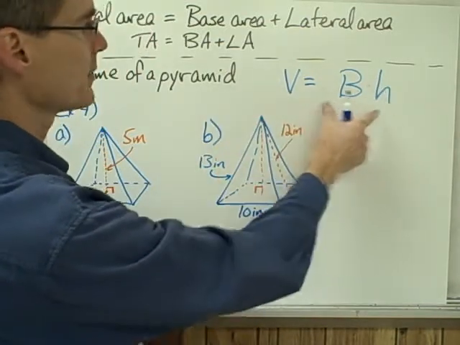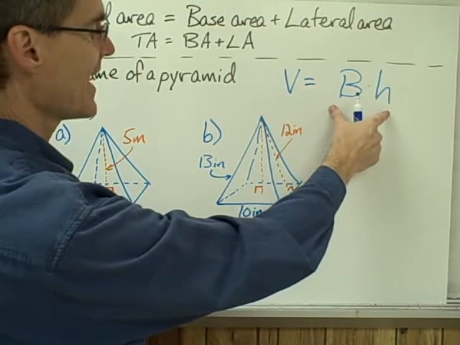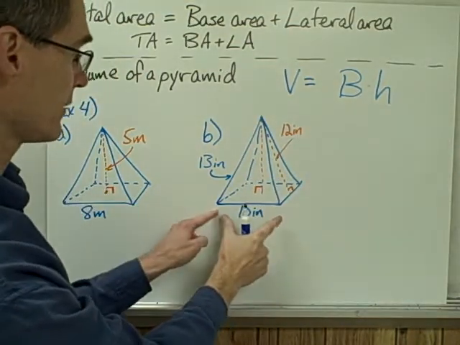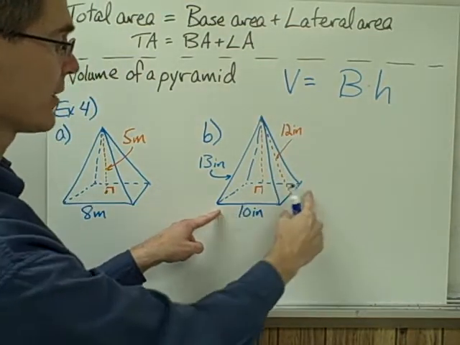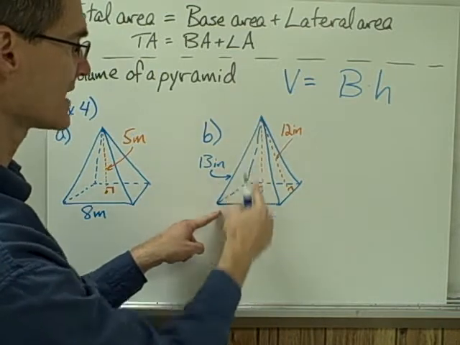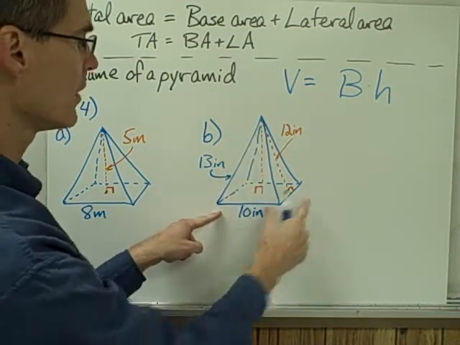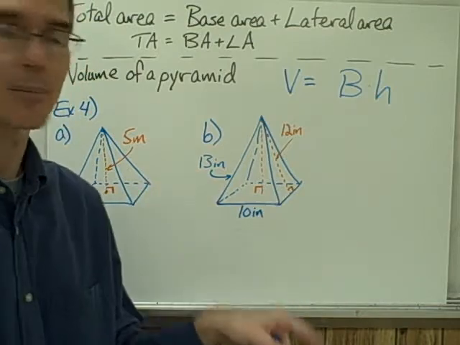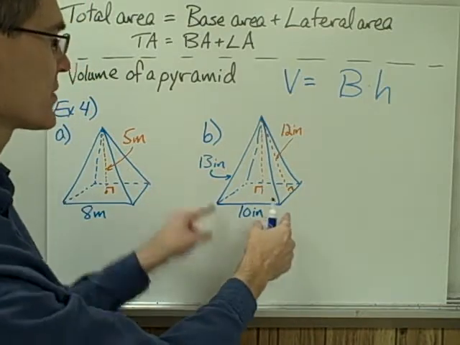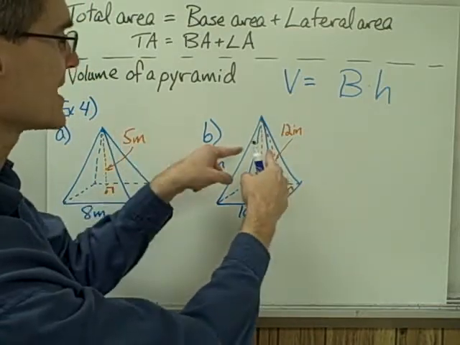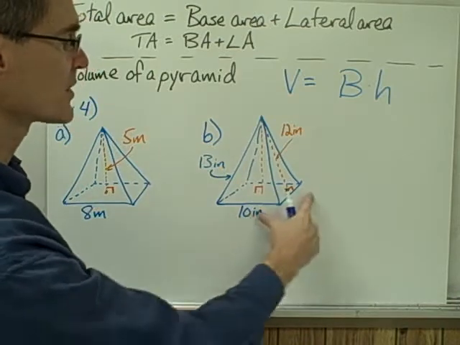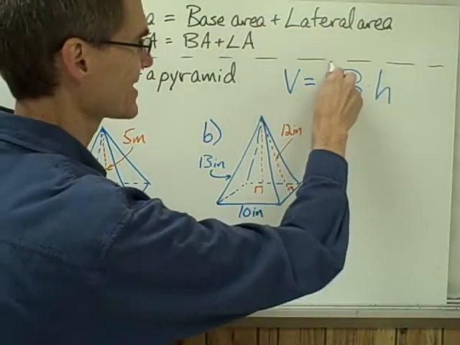Well, the volume of a pyramid is not going to be exactly that, because if we calculated, for example, the area of the base of this pyramid and multiplied it times the height of the pyramid, we would just get the volume of a prism and not the volume of a pyramid. Turns out the volume of a pyramid is less than the volume of a prism with those same dimensions, and it's less